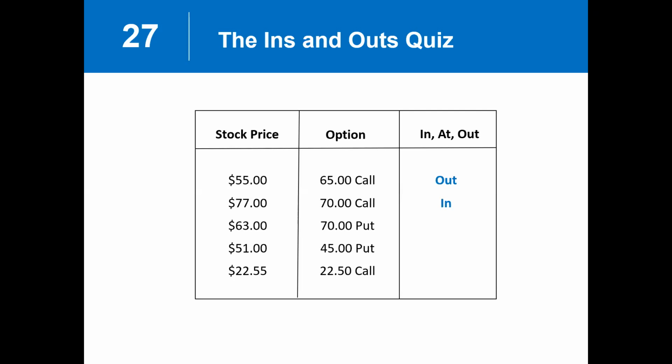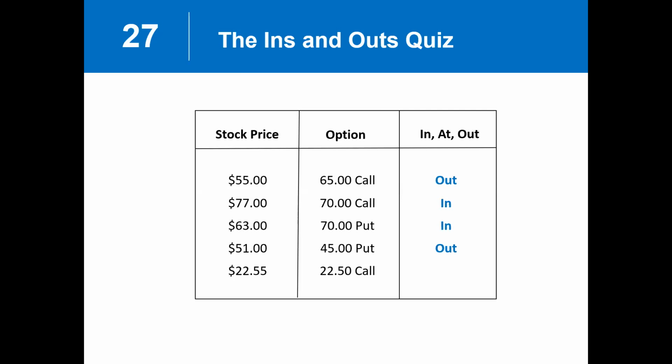How about the $63 stock price with a 70 put? Hopefully you said in. Right to sell stock at 70 with a stock at 63, in the money by $7. $51 stock price with the 45 put, in or out? Out by $6. 45 strike, the right to sell stock at 45 with the stock at 51, $6 out of the money. And how about these